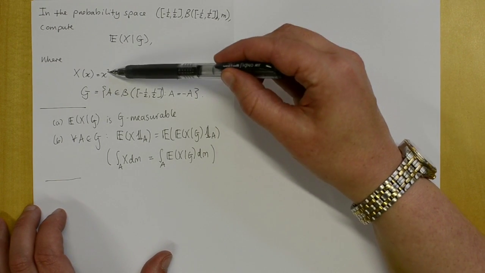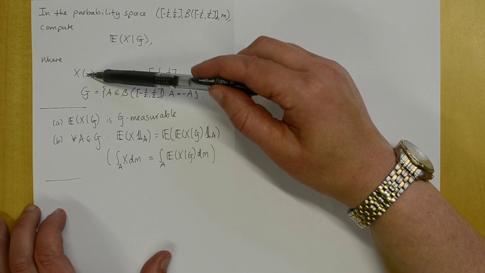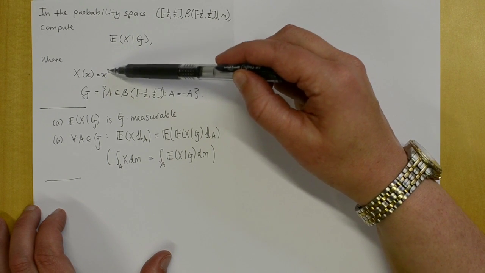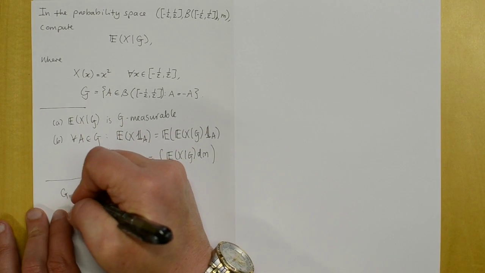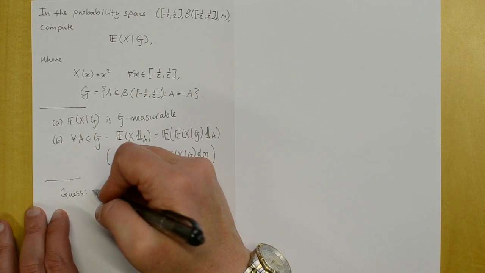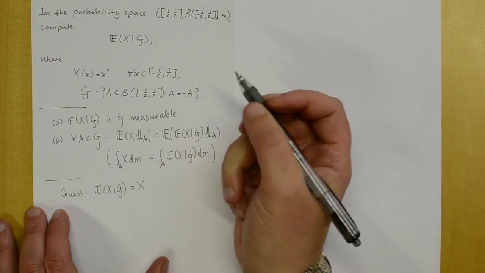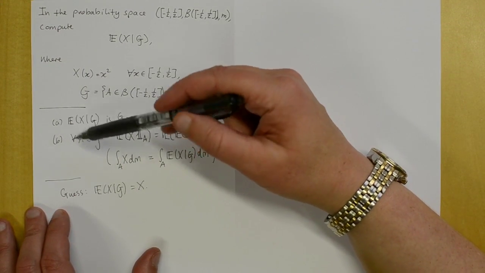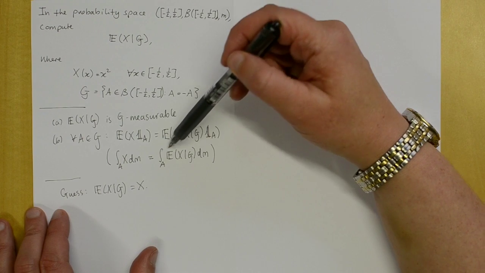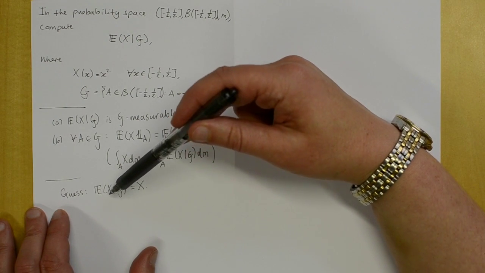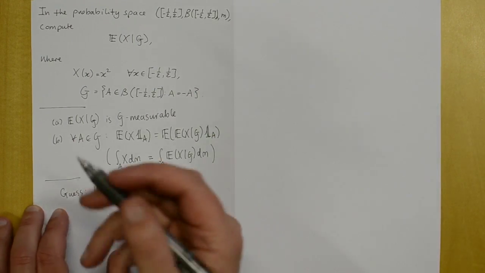Now if we look at X itself, then you will see that X of x is x squared. So if you apply X to the variable minus x, then you get minus x squared instead of x squared, and the minus cancels out. So in fact X itself is even. So my guess here is that the expected value of X conditional on G is just X itself. This clearly satisfies the first property, if X is G measurable, and of course the second property is automatic, because if you substitute X equal to the expected value of X conditional on G on the right hand side, then these equalities are trivially true. So all we need to do